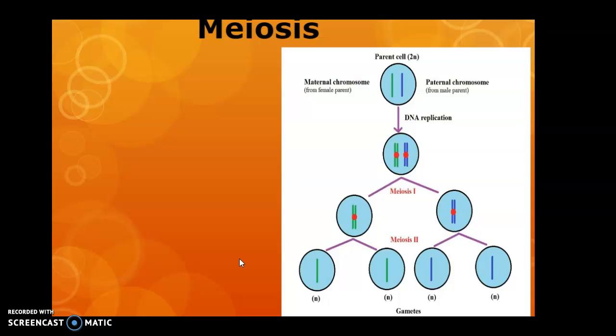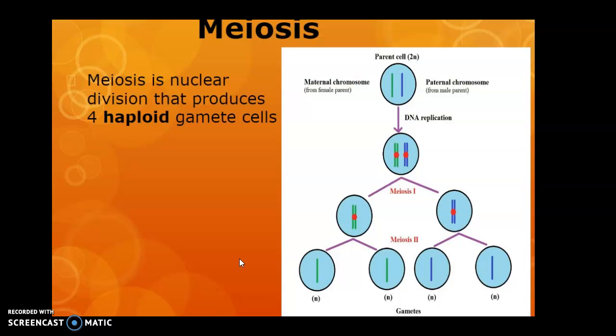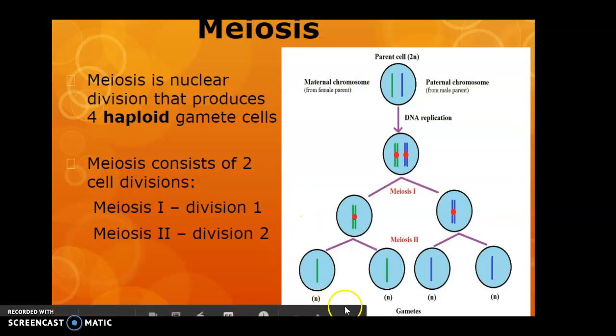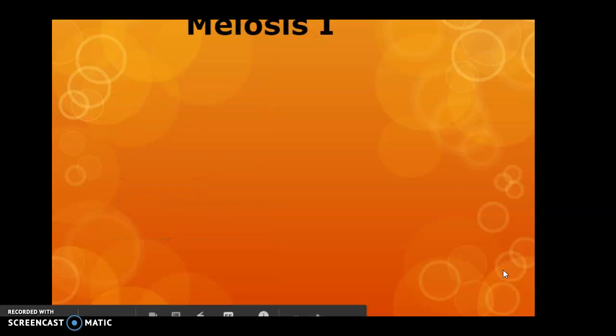Meiosis is that type of division that produces those special reproductive cells. Meiosis consists of two divisions that are going to end up producing 4 new cells. These new cells at the bottom here are haploids. They only have half the chromosomes as a parent, and they are called gametes. Again, meiosis goes through 2 sets of divisions. Meiosis 1 will produce the first pair of cells, and then division 2 will be meiosis 2, and they'll produce the next group of cells. So we have our 2 cells dividing again to make 4 cells.